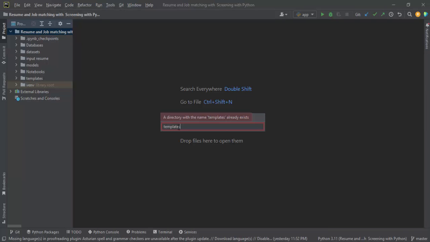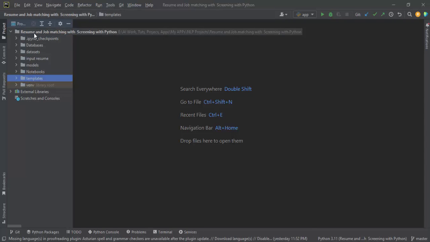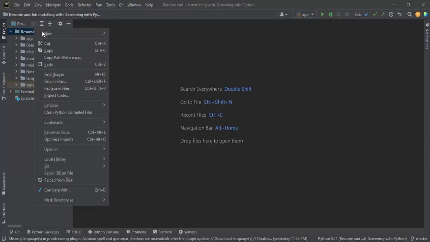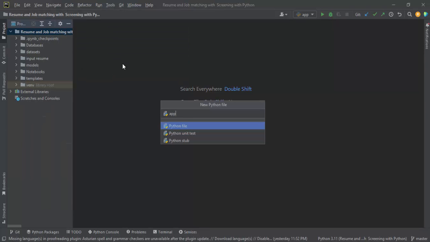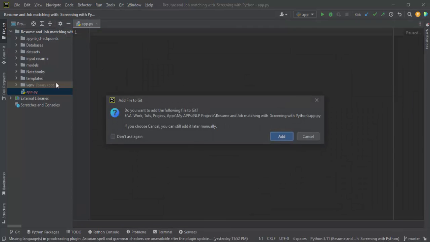Otherwise students get a lot of issues related to templates, like index not found or HTML file not found, just because of a spelling mistake. You can see I already have this directory, so I don't want to create it. This is the directory templates. And you have to create one more thing, a Python file by the name of app.py, in which we'll be doing backend code. Okay, so in your case